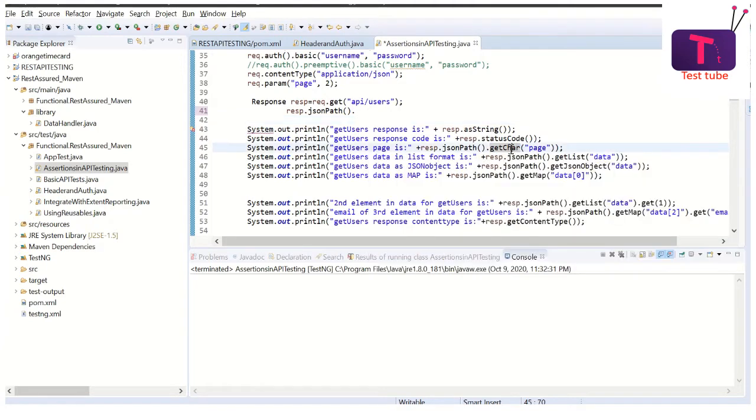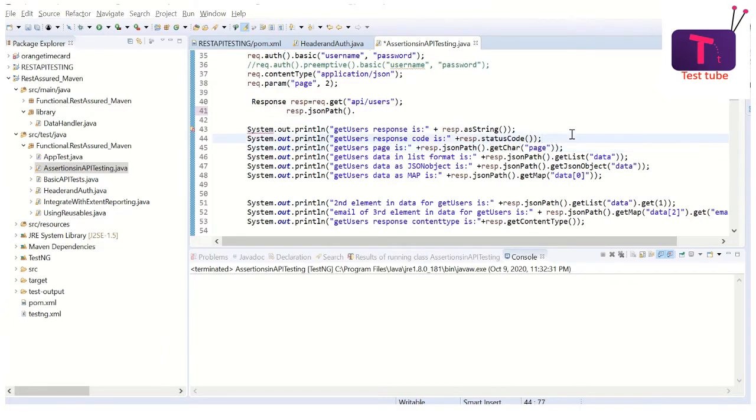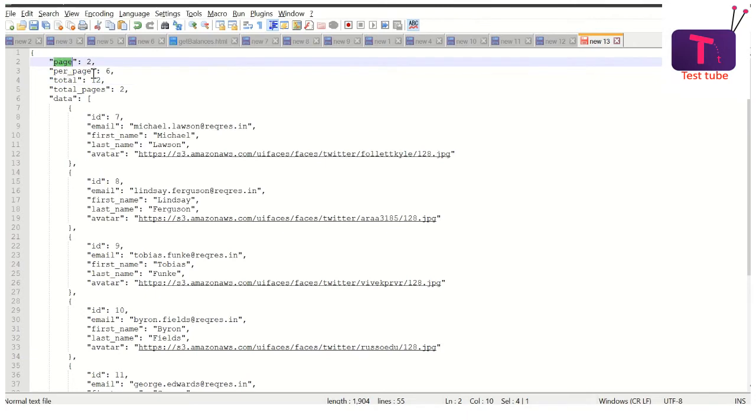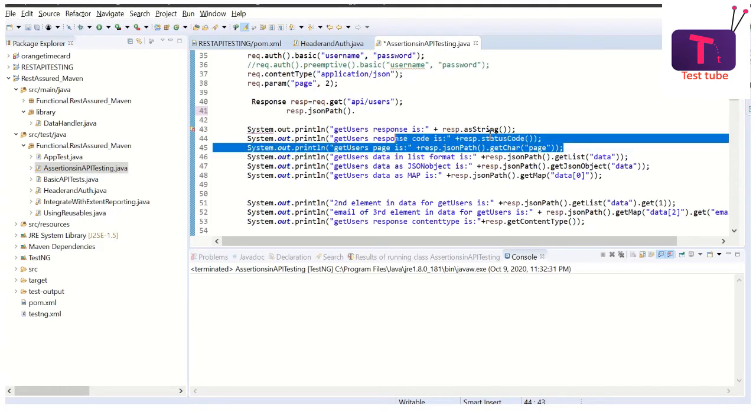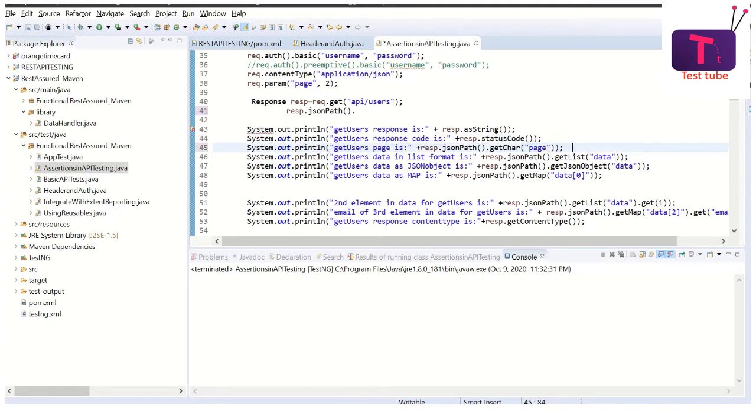So I have called this method and I have passed the path of it. So the path is going to be page. So I pass this page. So I'm expecting it over here to print 2 for this particular line of code. And here what I'm doing is